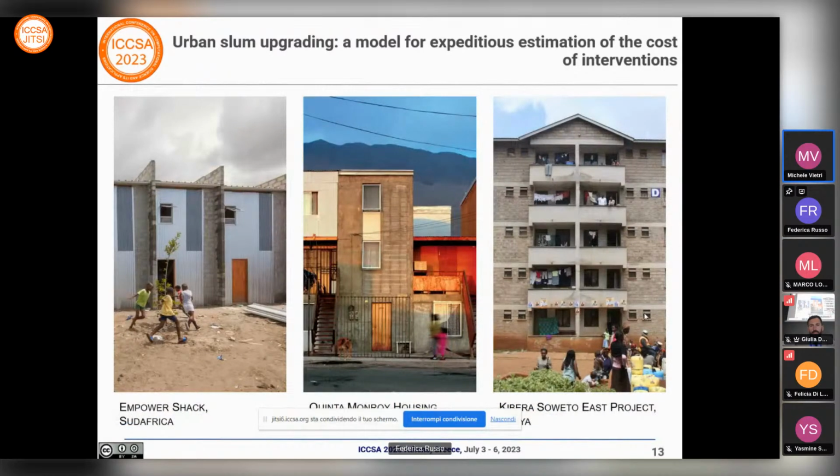As expected by the first phase of the expeditious construction cost estimation model, possible adequate housing solutions that have already